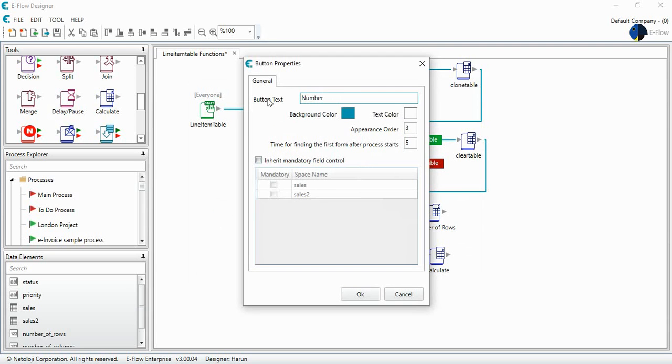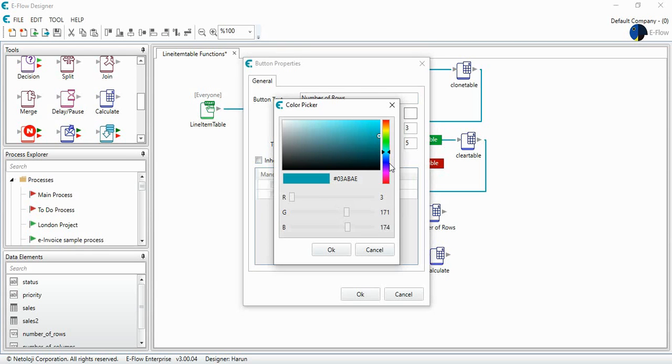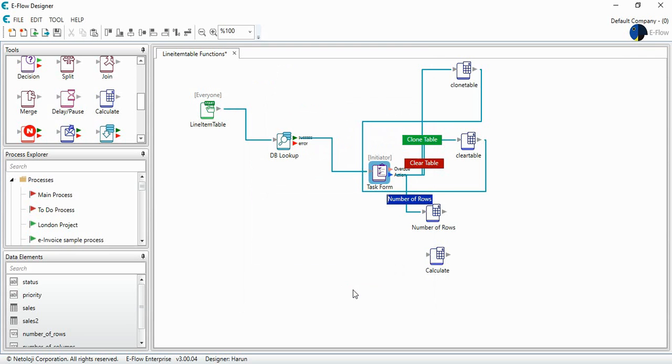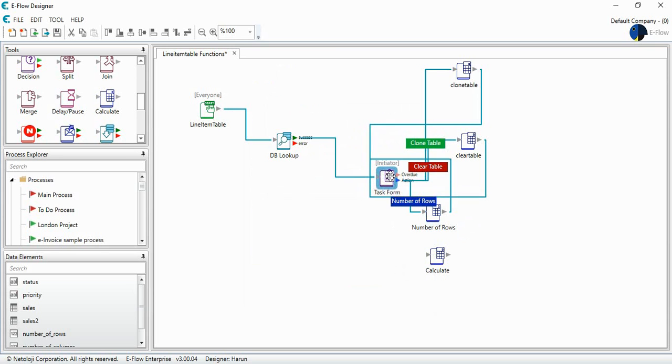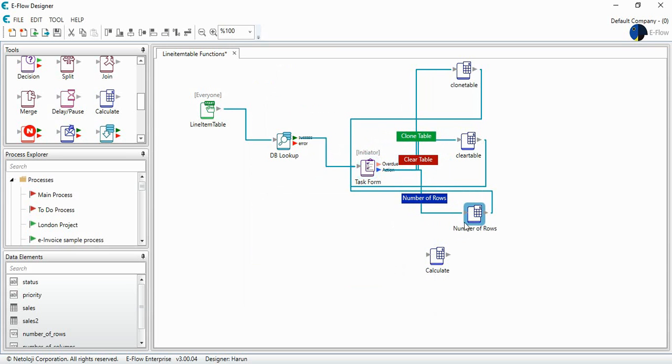the name of the button is number of rows, and let's make it purple, maybe like this. And again it goes back to task form,